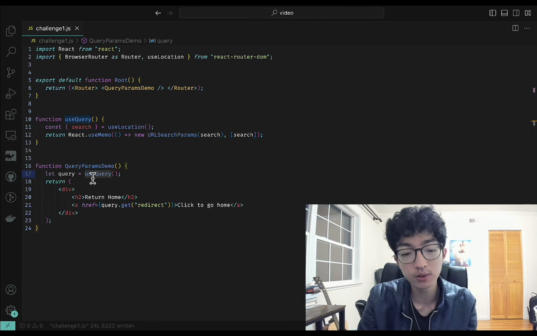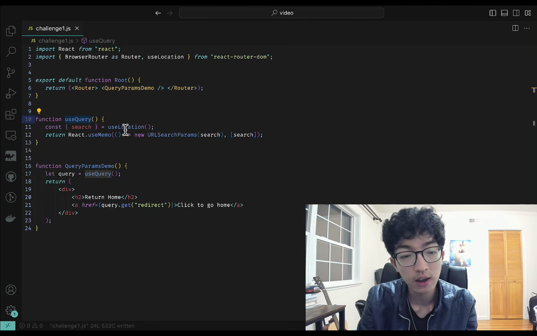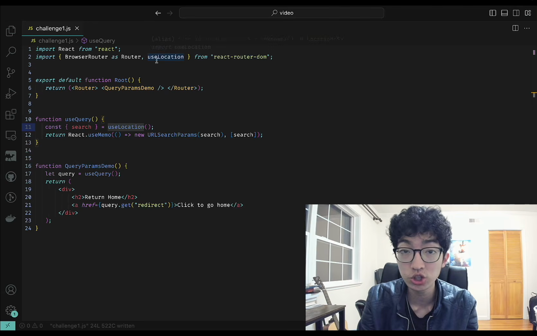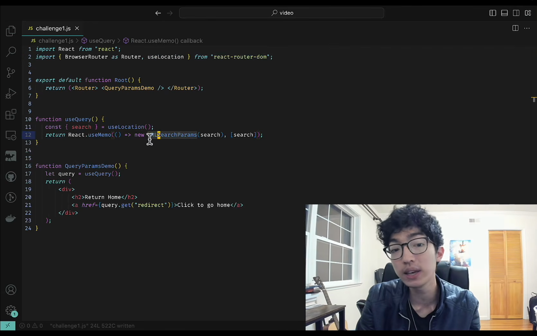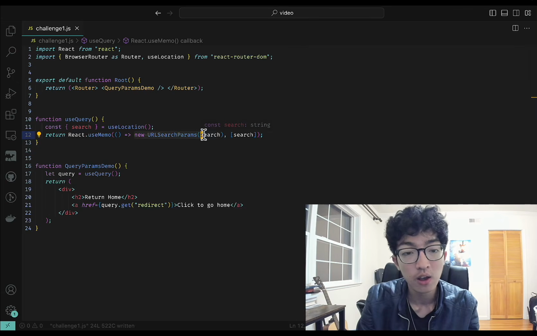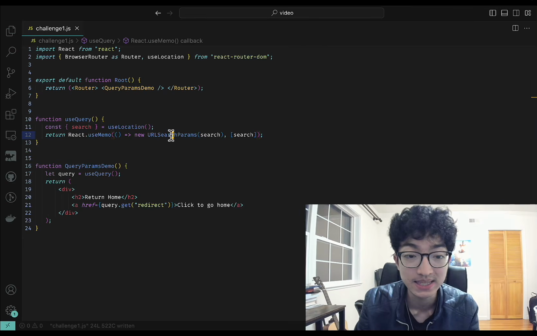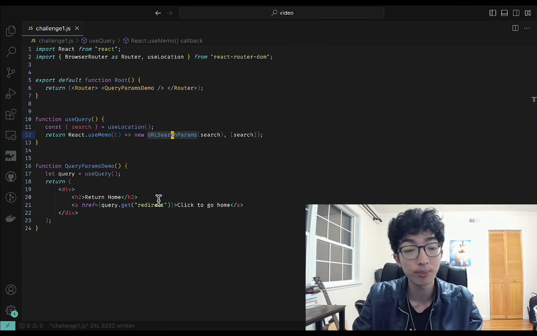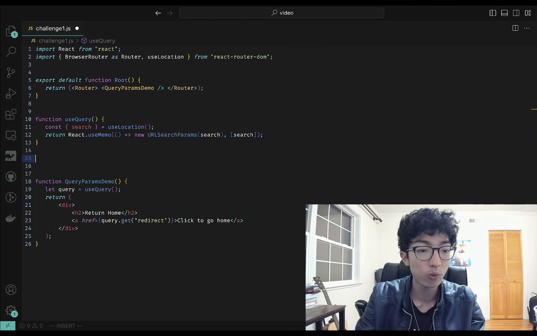What's happening is that we're using this useQuery function we defined and using this useLocation function that we imported from this React Router DOM library. And what that's doing is it's constructing this new object of the URLSearchParams class. Now the point of this class is that it lets us interface with these things called query parameters. For instance, if our website that this web app was at was